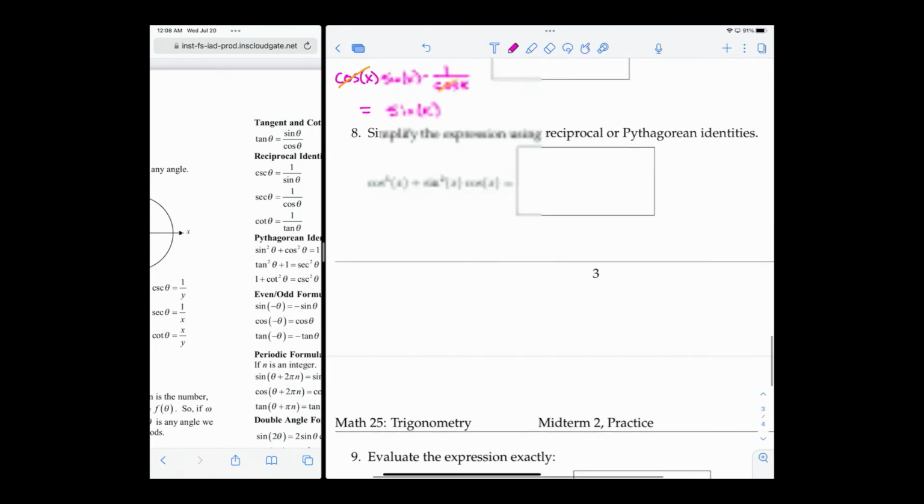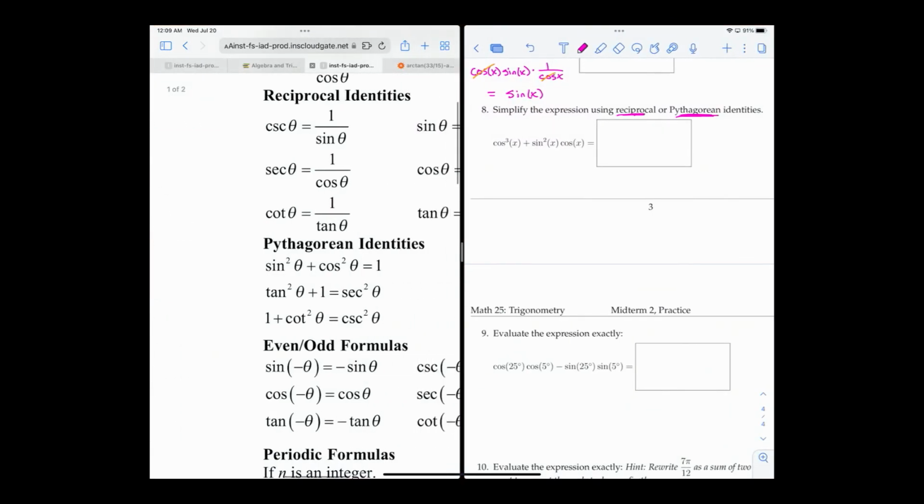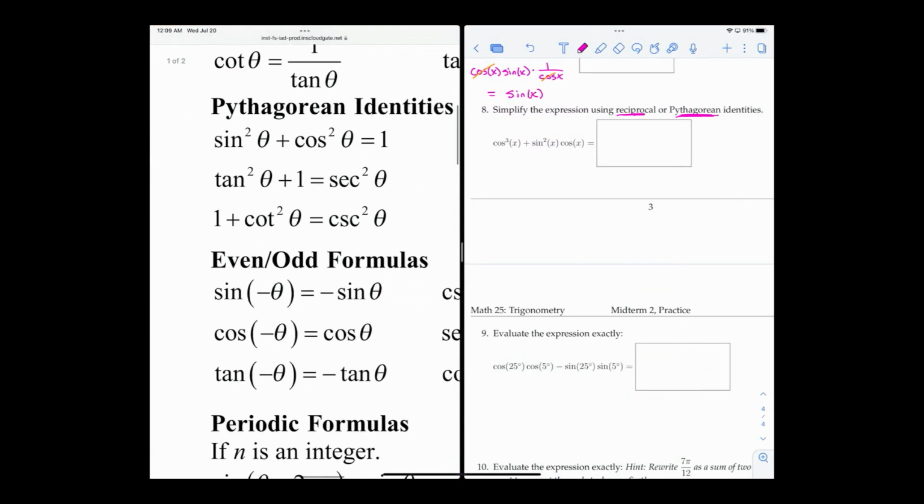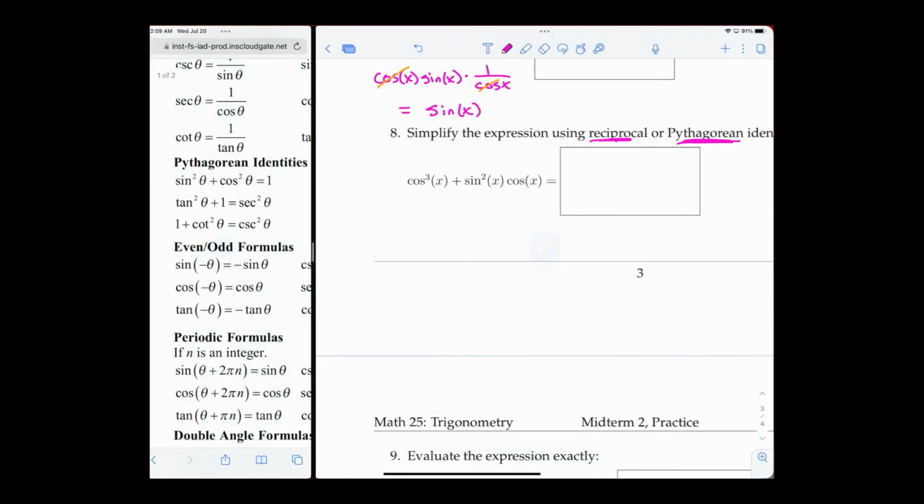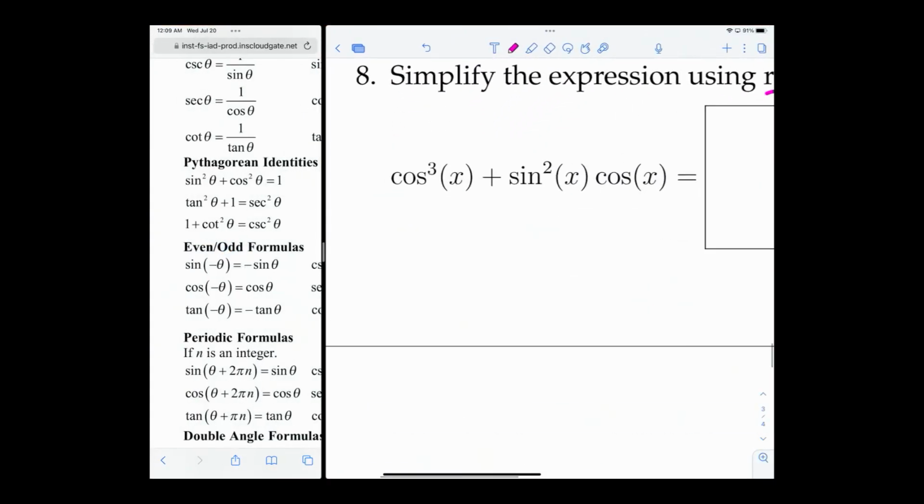Now, the next one is going to use a different identity. It says reciprocal or Pythagorean. We are probably going to use the Pythagorean. So a hint that you're doing the Pythagorean identities is that the Pythagorean identities have squares in them, right? Sine squared plus cosine squared. Tangent squared plus 1 is secant squared. They all have squares. And so when you see these powers in there, that's a hint that you might be using a Pythagorean